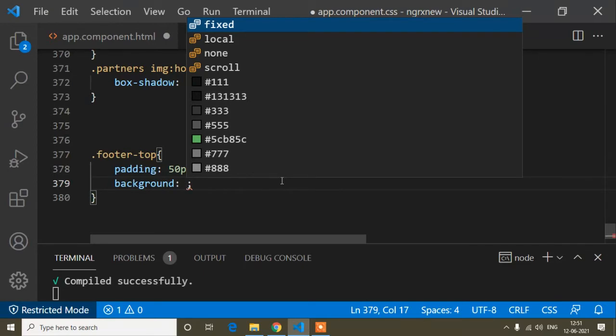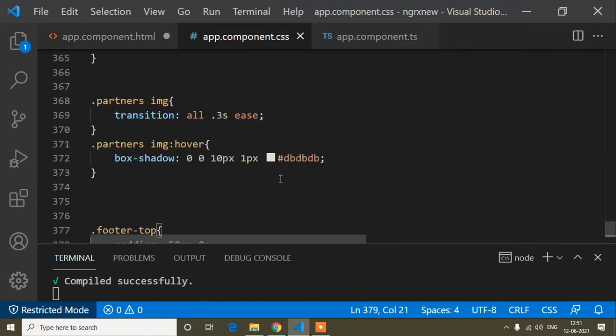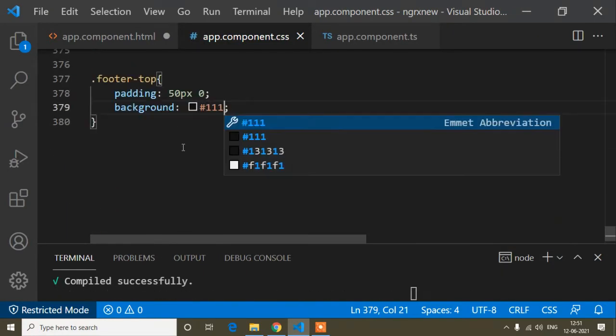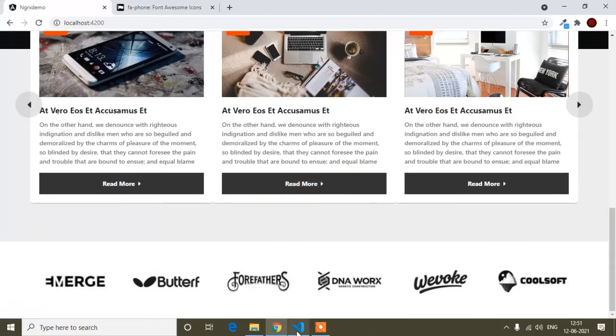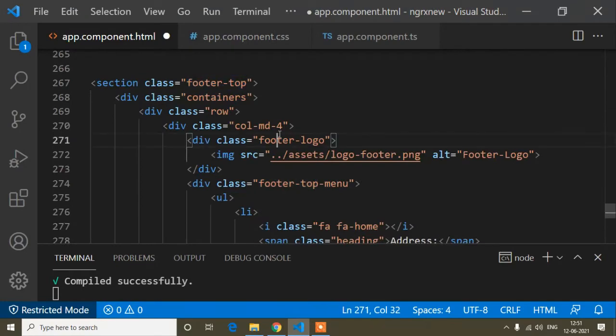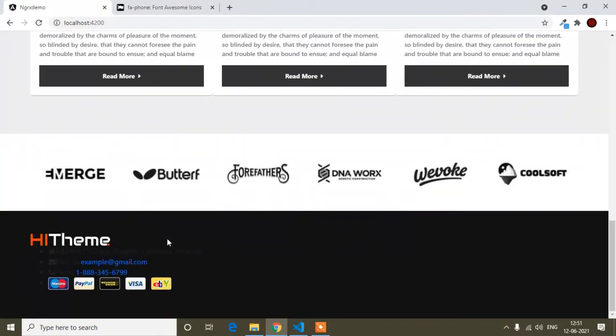And now the background color, I will write this color. Okay, this is actually a black color. And now I will save, and first of all I will show you in the preview. So I forgot to save in the HTML file, so here I will save, and now you can see this one. Okay, so here I have added the background color of this footer, and here is some content.